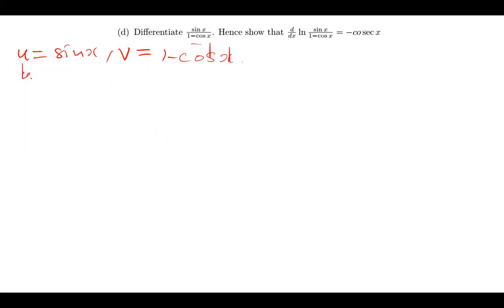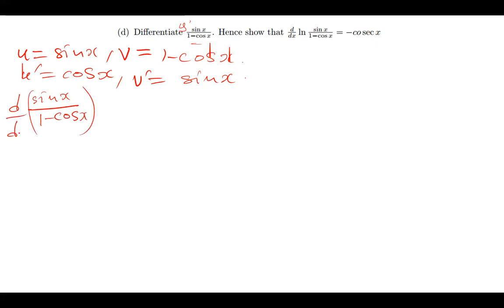So we find u prime, we get cos x, and v prime, when you differentiate this, you get sine x. When you plug these values into the formula, your dy dx, let's say the derivative of sine x over 1 minus cos x, this one will simply give you